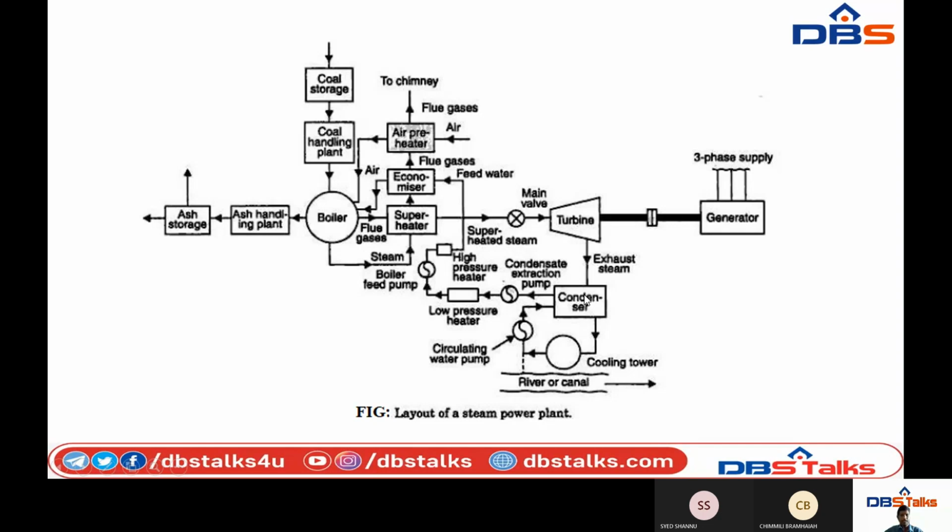Then first of all, we are sending the cooling water from the condenser to the low pressure heater. That means the water is sent to the low pressure heater. After that, the high pressure heater, then it is supplied as feed water by means of the economizer. The economizer is connected to the boiler. The water is supplied from the low pressure heater to the high pressure heater by means of feed pumps. The water is correctly supplied to the boiler or furnace through the economizer by using the difference in density between the two pressure heaters.